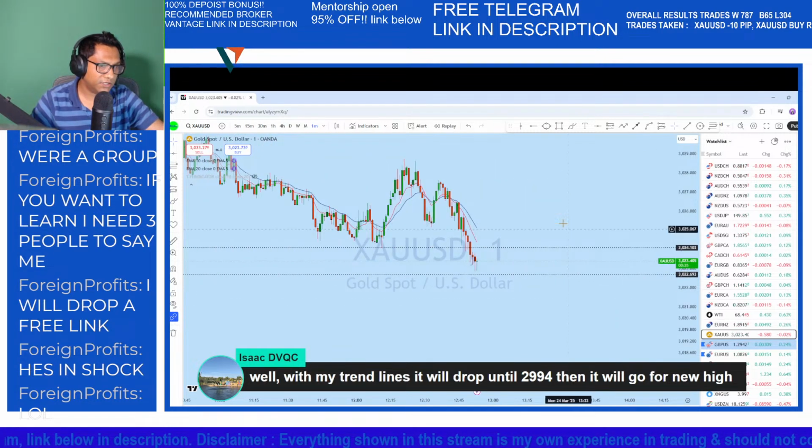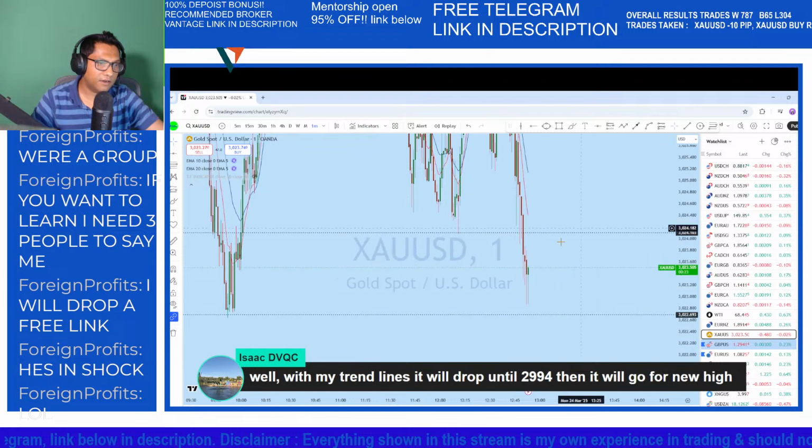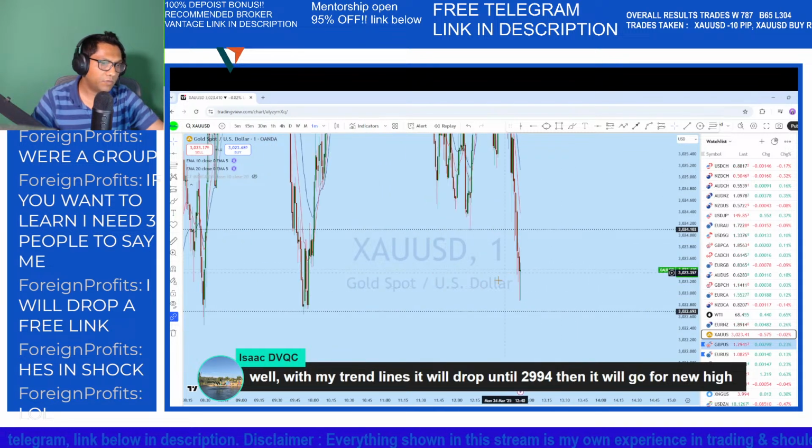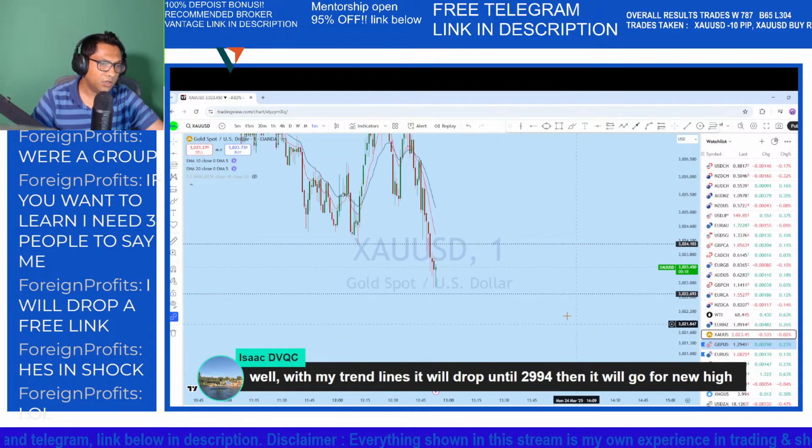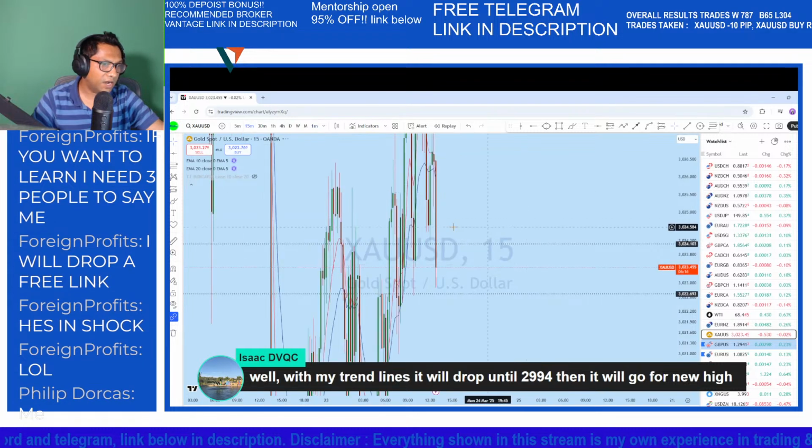So see where it is heading to. And you can see that here there is a long wick. You can see there is a doji here as well. So we would like to see that the market is